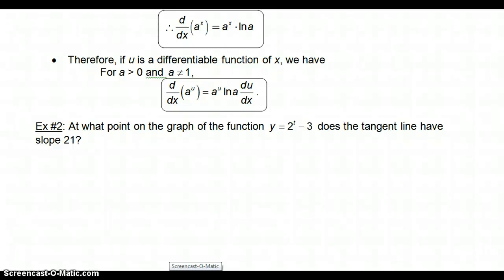So we use that formula above to prove it, but our actual result is here. The derivative of a to the x is a to the x times ln a. Now, this is just when we need to use the chain rule. So a quick example of this one would be if you just have